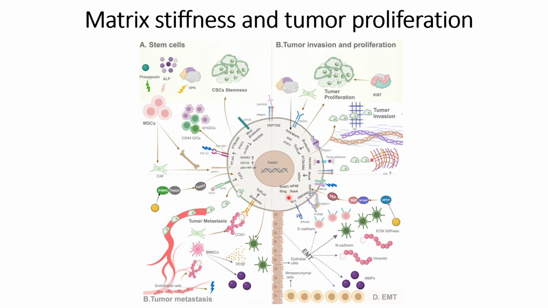And in this case, the FAK SRC activation will also play a role, and along with that, the upregulation of snail, which is a mesenchymal marker, will lead to the decrease in E-cadherin, which is an epithelial marker. So this is how the 4 different main categories where stiffness and tumor proliferation can interact with each other. And in the case of EMT, this could create a cascade effect that will lead to further stiffening of the